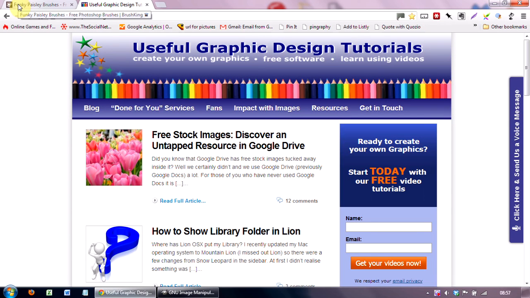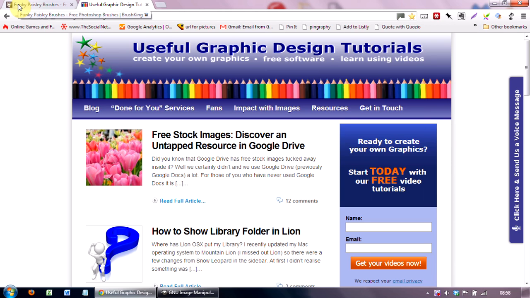Now they're not just ordinary paint brushes, but brush designs that you can use with graphic software programs such as Gimp or Photoshop. I'm then going to show you how to download the brushes to your computer and then upload them to Gimp. We're going to use Gimp, as I say, and generally speaking, the brushes are created for use